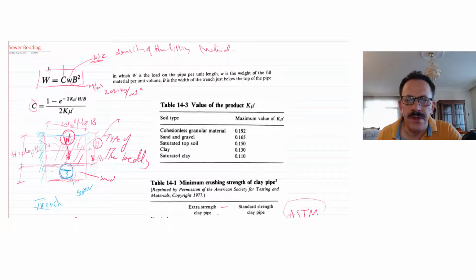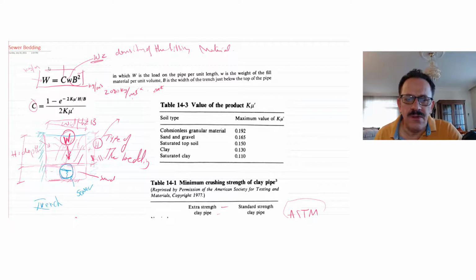This will be multiplied by the B, and the B here is the width of this trench. Now times the B square, it means it will be meter square, and there will be kilogram per meter. So the C will be unitless, and then I will get the W in kilogram per meter length of this pipe. I will divide this by the crushing strength of the pipe, and I mean by the crushing strength after factorizing it, after making it less available than what is in the table. Now you may ask, where is the depth?